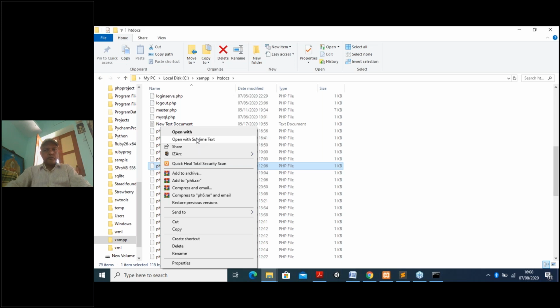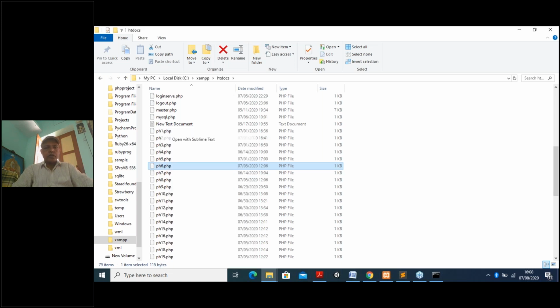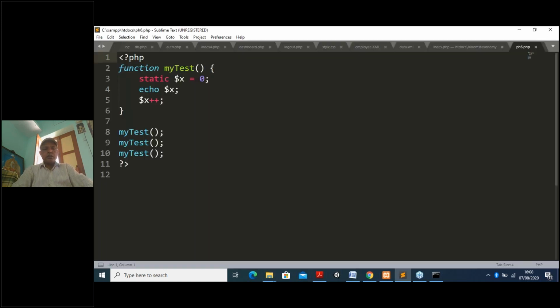Here you see I am using this static keyword. You can see it here, and I'm using a function here. See, in PHP, or in any program, why do you need a function? When I have to use the same thing again and again, instead of writing it again and again, which would be redundancy and duplication of code, I declare a function and I can call it again and again.